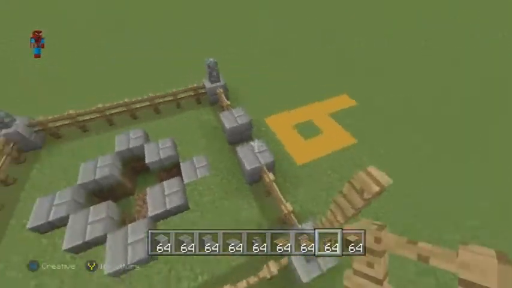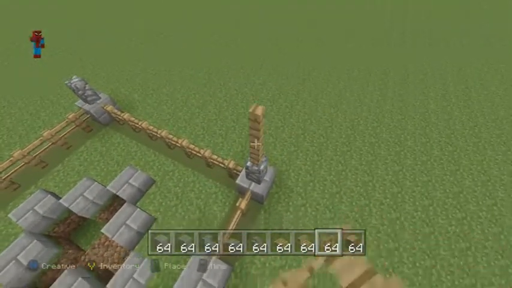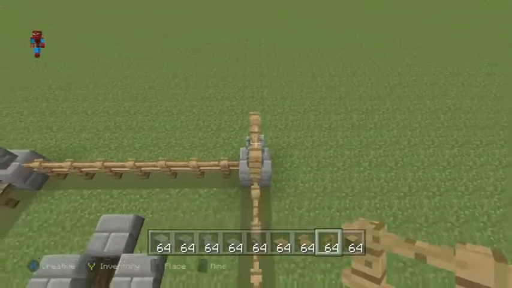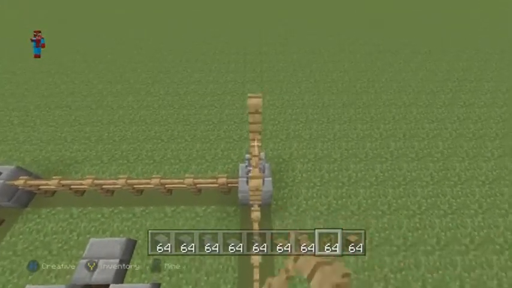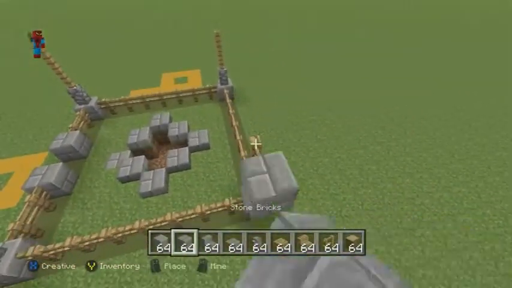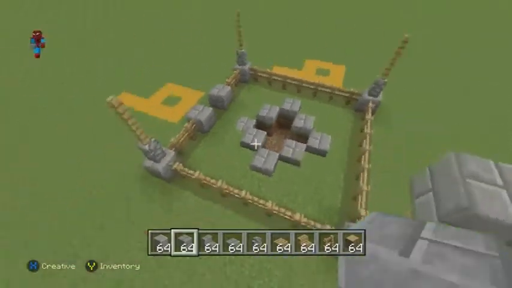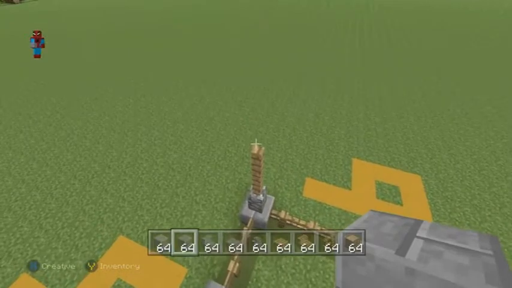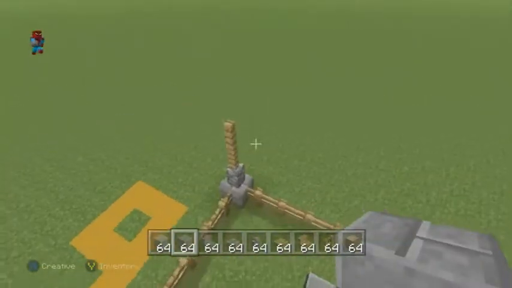1, 2. 1, 2. And 1, 2. There we go. Then place a stone brick on top of the second fence. So just simply throw a brick on top of every one of those second fences, like you can see me doing